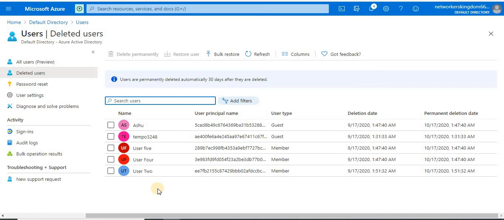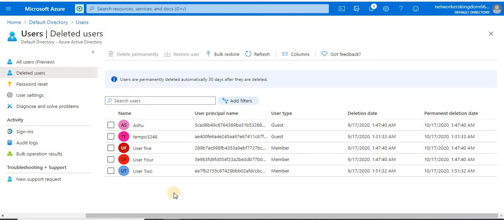If you see here, it is deletion date and permanent deletion date. So it is after 1 month. All these users will be deleted permanently after 1 month. But if you want to delete permanently, from here just click and delete permanently.